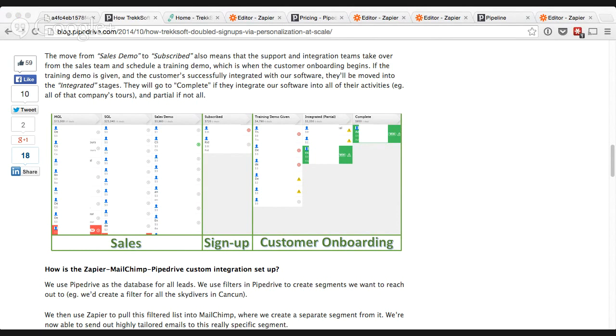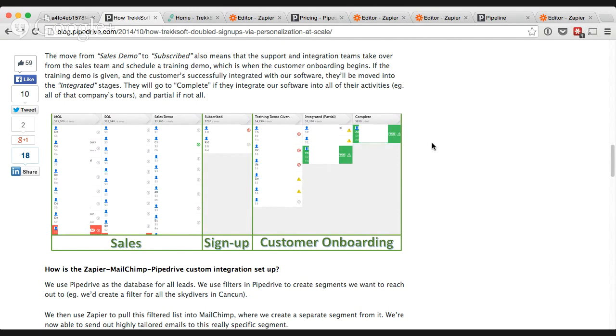Once we get from the lead generation stage, once they've responded, then it goes into a sales funnel where we can say, okay, this is somebody that has reached out to us, and then it moves to a different stage based on if we've contacted them, if they're continuing to be interested, if they've gotten a demo, if they subscribe, and then if their account is fully integrated, and if the system is working and live. So each one of those is a different stage. So we use Zapier to trigger a variety of different actions based on the actions that the reps are doing